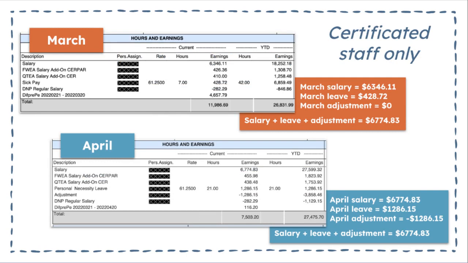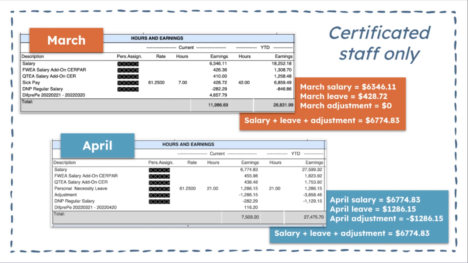Starting in April, when certificated employees use paid leave during a pay period, such as sick leave or personal necessity leave, you'll see the number of hours you used, followed by an adjustment subtracting the exact same amount of money. The salary amount used to do this automatically behind the scenes, reducing itself by the amount being paid for leave to avoid duplicate pay. But now, the adjustment has been separated out to make it easier to understand and track.